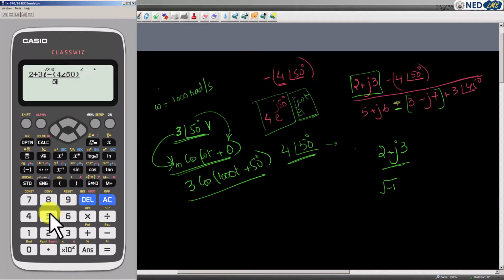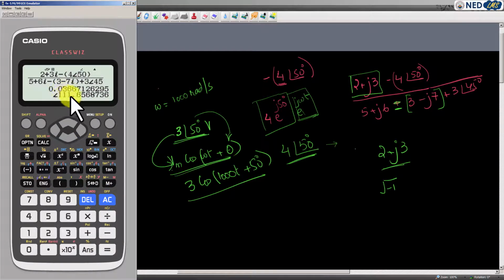If I write 5 plus 6i, and I'm going to subtract this number 3 minus j7. The original example was given with a plus, and just to emphasize the brackets, I've changed it to minus, so just take it as minus 3 minus 7i. Okay, and I'm going to add 3 shift angle 45 degrees. If I press equals, it says the answer is